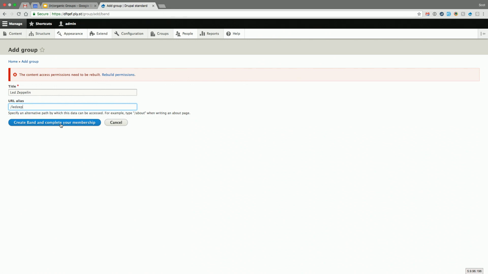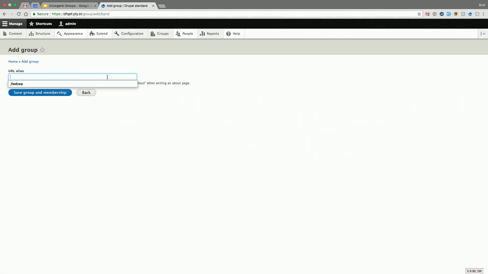Led Zeppelin. So notice that the button here says create band and complete your membership. Now, depending on whatever checkboxes I checked before, this wording changes and what happens next changes, right? So in this case, I left that checkbox checked that says I need group creators to fill out their membership. So I'm going to create the band and complete my membership. Now, this is the part that I was showing as a WTF, like add group URL alias. I'm so confused as to what I'm looking at here because it doesn't say anything about the relationship entity. It says save group and membership, so I'm really confused at this point. This was one of the first things that really threw me off about this. So unchecking that checkbox in that first step that says make them fill out their membership will skip this step and go straight to